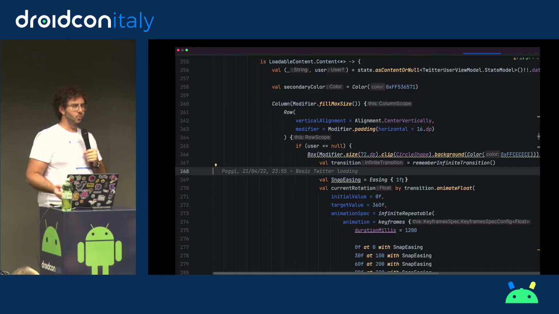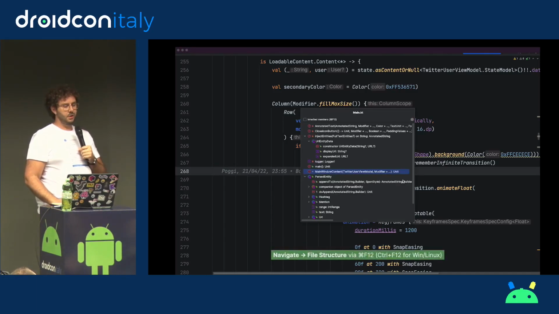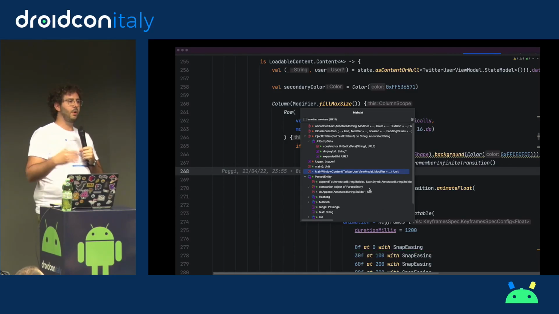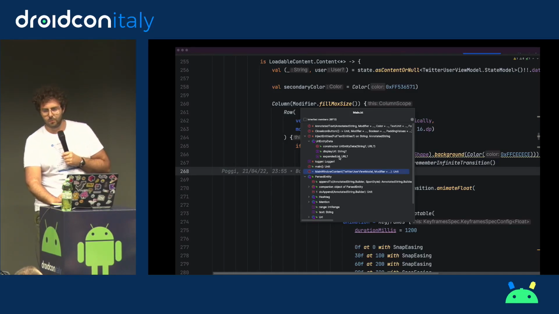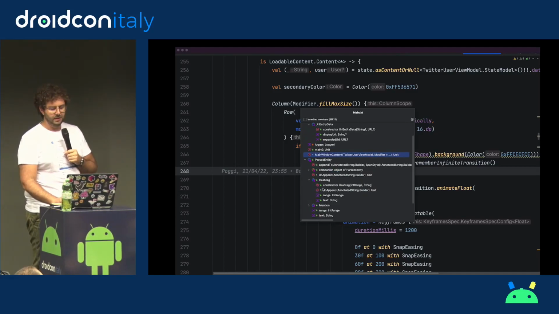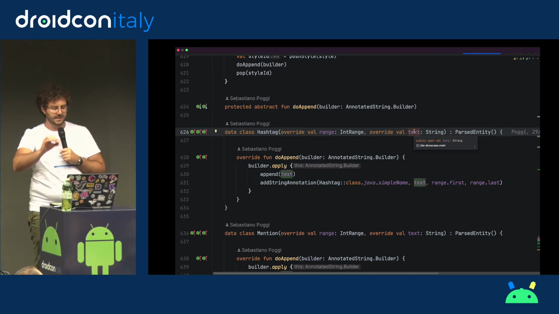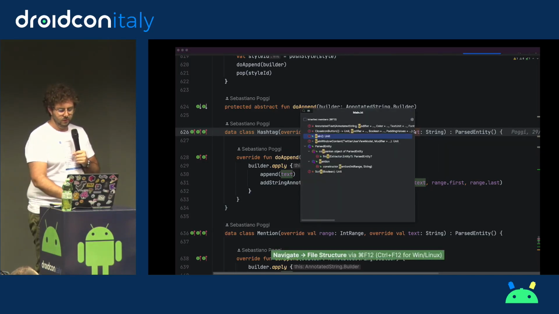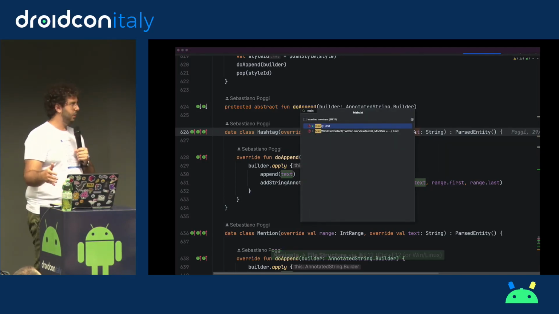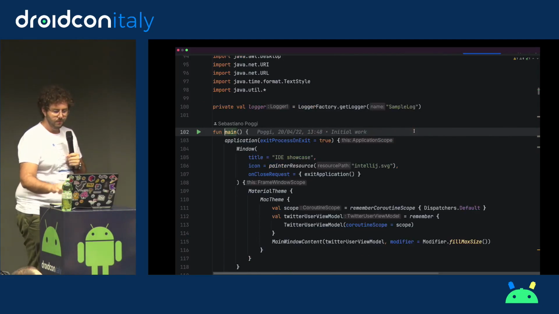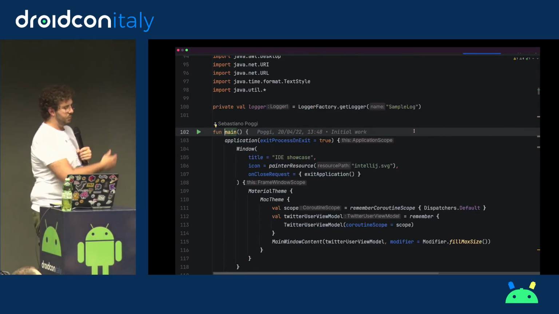One of my favorites, and one that I've never seen in almost anyone using, is the file structure thing, which is super useful because even if you don't know exactly what you're looking for, you can still read all the names of all the things like classes, functions, variables, whatever. And it's a tree, so you can go into the specific thing and it will navigate exactly to the definition of that thing. That's very useful. In this case, I just want to go to the main. As everything in IntelliJ, you can just start typing. And now I am at the entry point.